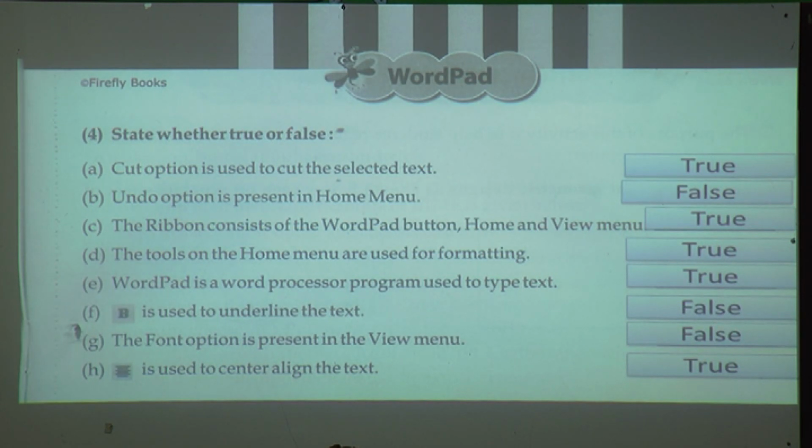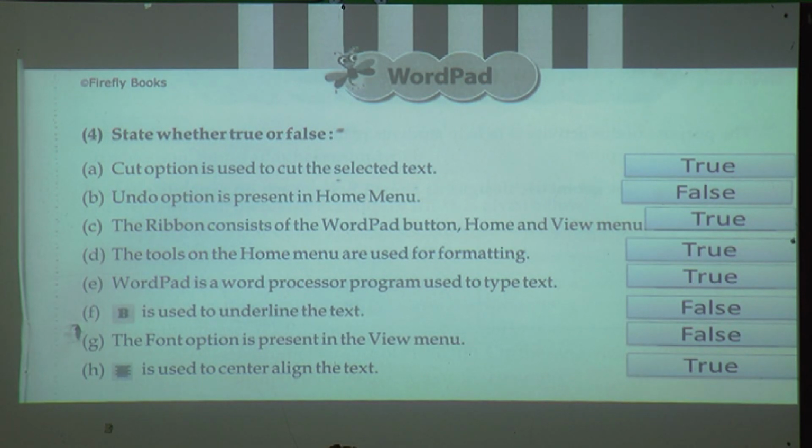The ribbon consists of the WordPad button, home and view menu. It is true. The tools on the home menu are used for formatting. It is also true. WordPad is a word processor program used to type text.